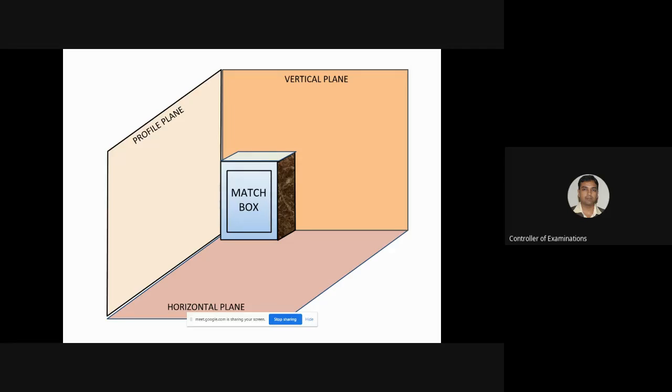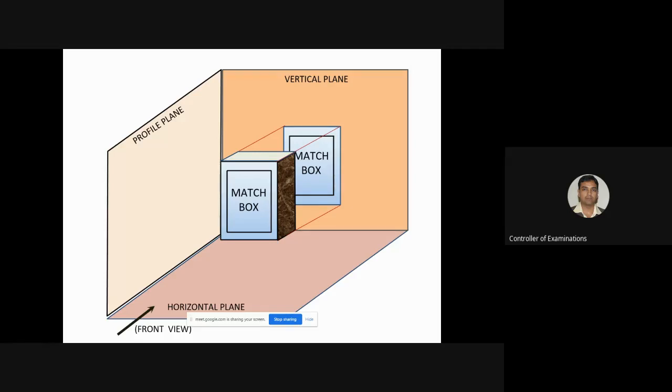And you want the views of this matchbox. This is the object. You want the view of the object, the picture of the object on a particular screen. So let us see how this concept works. The orthographic projection. See here. You can see this black arrow. This is the viewing direction of the observer in the front view. The observer and the light source are in front of the matchbox. And this is the direction in which you are viewing the matchbox.